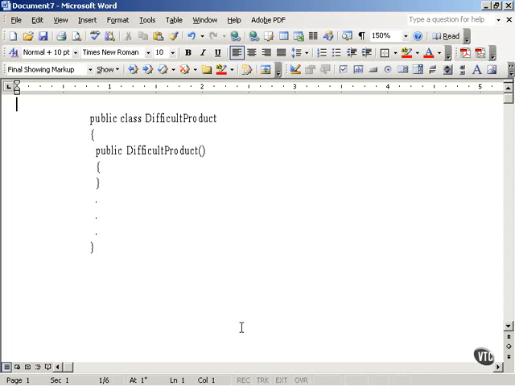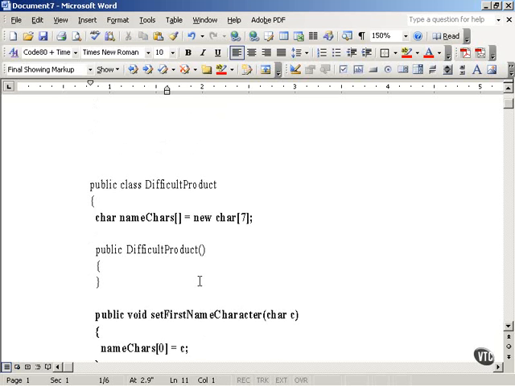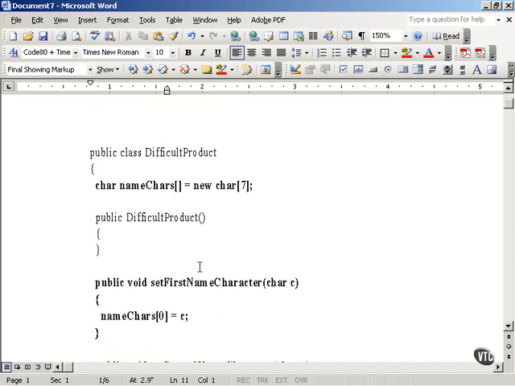So let's take a look at an example that puts the facade design pattern to work. In this case, we're going to create a product class for a physical product like printers, computers, and so forth. And I call it DifficultProduct. So we're going to have a public class called DifficultProduct and a public constructor like this. And the thing that's difficult about this product is that you have to set its name. In other words, we're going to, for example, set the name to be printer, and you have to set,